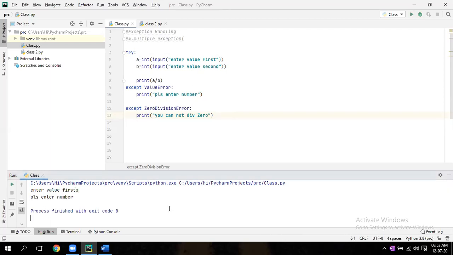So what will happen here? If it is a value error, it will go to that except value error. If it is a zero division error, it will go to here. Clear? This is how you can handle multiple exceptions. Okay, sir.